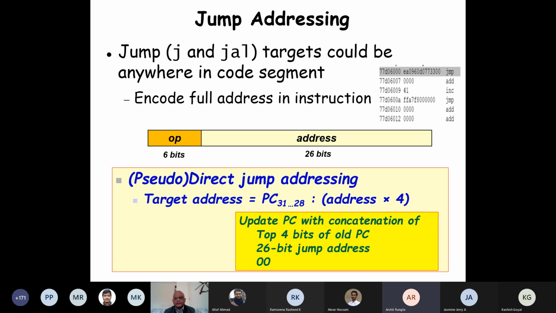And so, using this address, we can jump anywhere in the code segment from 0 to the maximum. It is not relative addressing where we go forward and backward. It is the code segment, the total span that we can cover using this address. Anybody have any difficulty? Yes, sir. So how can we jump to an address that has a difference in the top 4 bits?